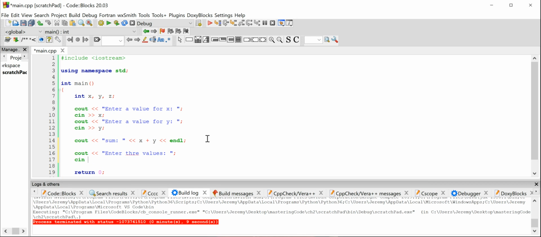And then we can cin that stuff into x, but then keep the data stream going into y, and then keep the data stream going into z. And so what's going to happen here is that the user is going to get prompted to enter in 3 values, the program's going to pause and it's going to wait. They're going to enter in a value and hit enter,